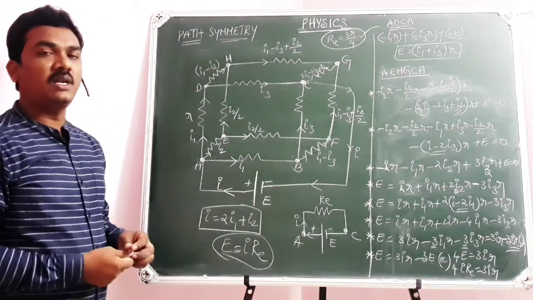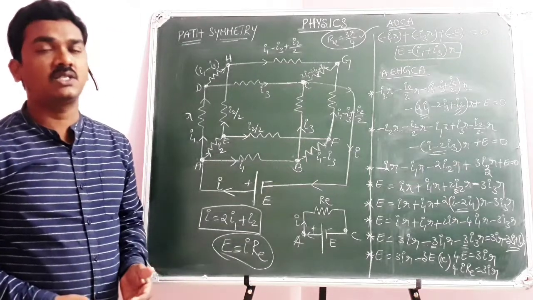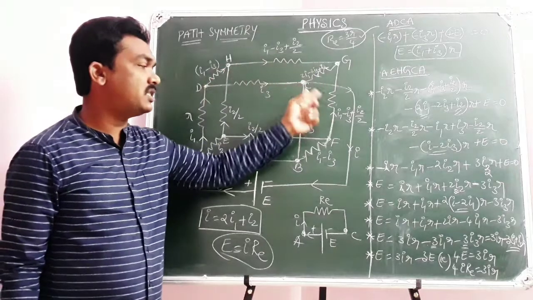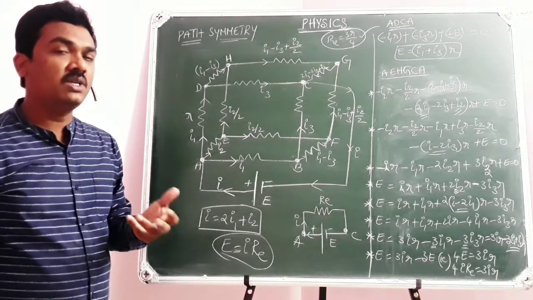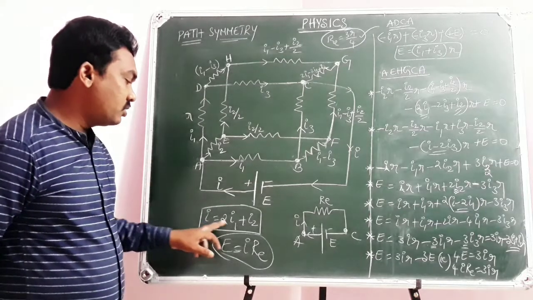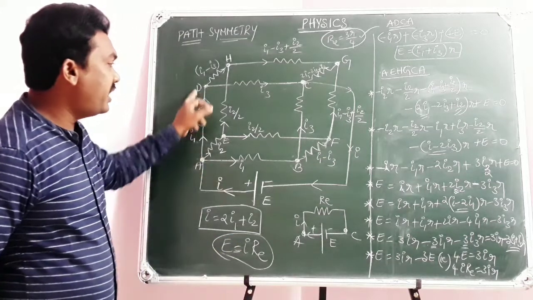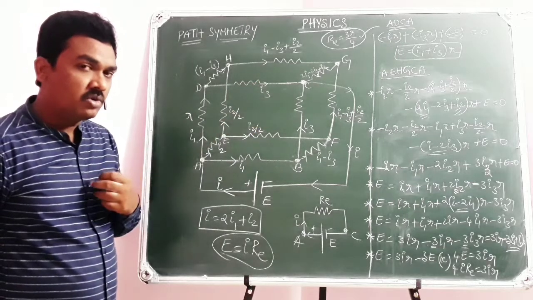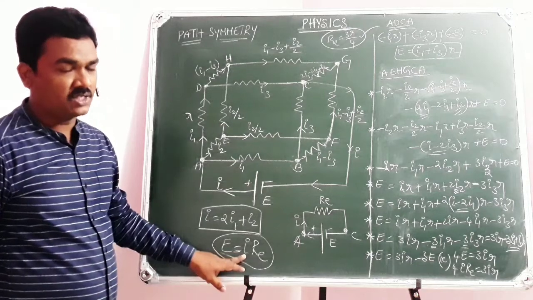So this is a little bit lengthy calculation part which you need to practice twice or thrice at least yourself. It is not compulsory to take the closed loop A, E, H, G, C, A. You can take any closed loop, but only the thing is substituting the mathematical values. So for that, what you need to understand: I equals 2I1 plus I2, and E is equal to I into RE, and in the closed loop A, D, C, A, E equals I1 plus I3 into R. So I have to get the E value in terms of small I. That's the first point.